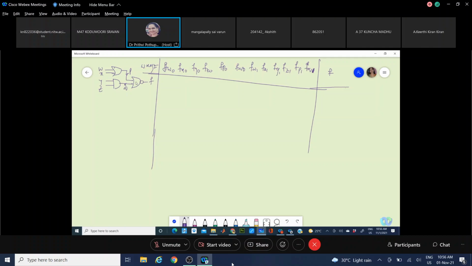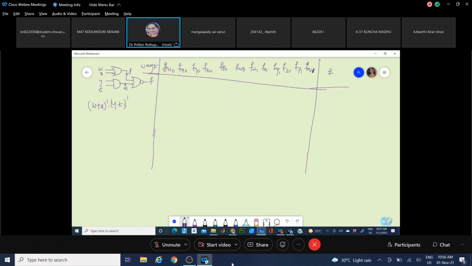It depends on these values. What is F now? F should be the truth table output: complement of W or X, and complement of YZ.